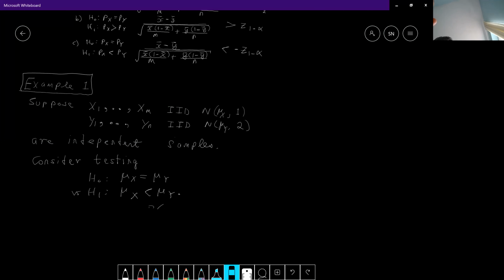Okay, so I'm going to show you how to consider. So you have two independent random samples. The first one is coming from a normal population with mean mu(x) and variance 1. The second one comes from a normal population with mean mu(y) and variance 2. And we are testing this versus this. So the question is this: if